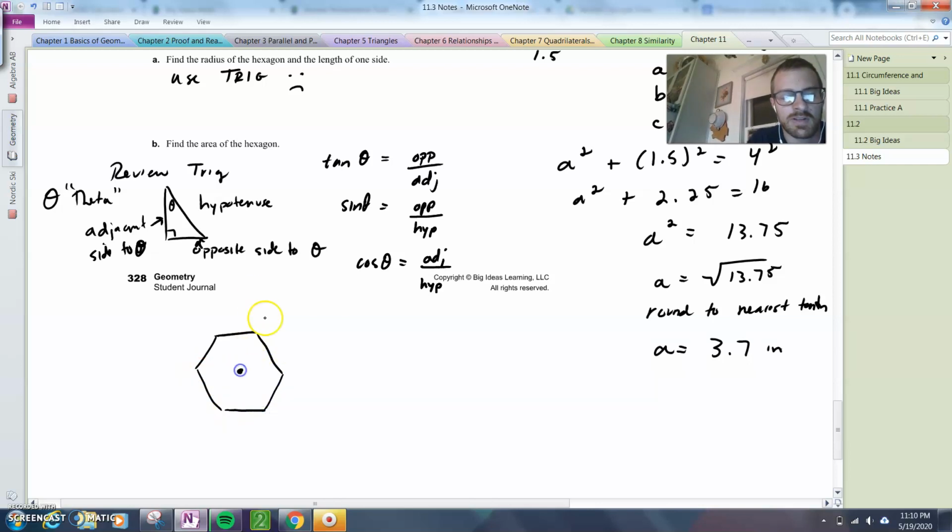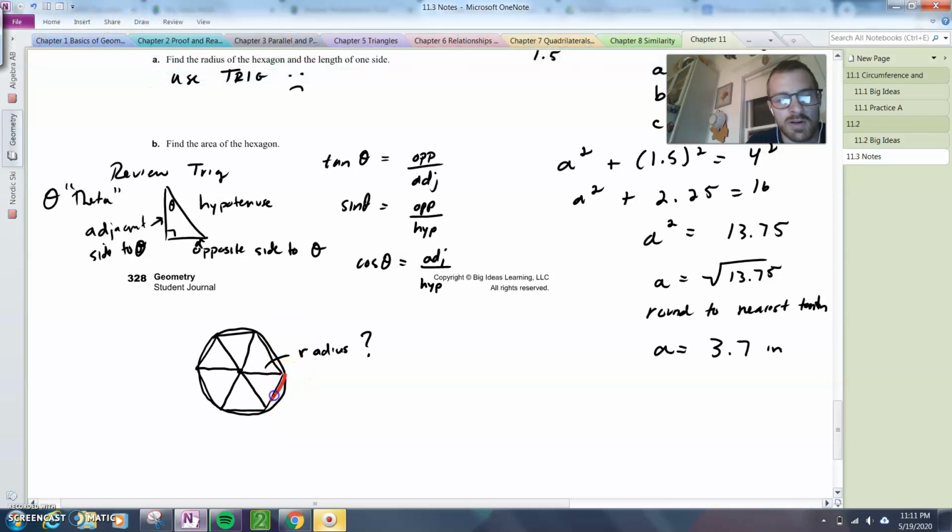I have a center here. I always want to think of these as inscribed, so I have my circle that goes around. Remember, the center to all the vertices are the radius, or the radii. I don't know what that is. So the radius, I don't know. It's unknown. And the side length,